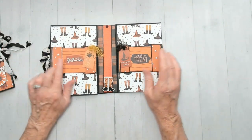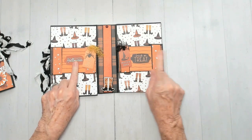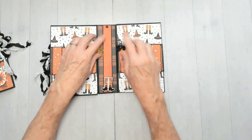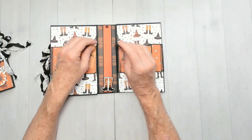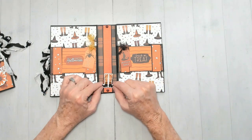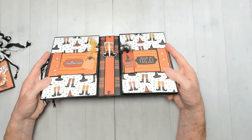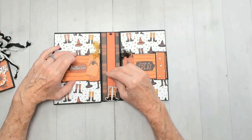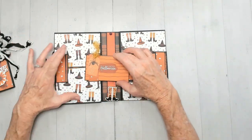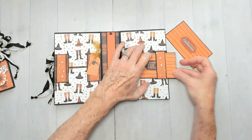So for this one, I decorated with just some of the ephemera, Happy Halloween, Trick or Treat, and then I used some little tags with some eyelash twine or yarn, and this one has the witch's legs as the pop-up for it. Lots of fun on that one. Same concept, the card slides out, but as you can see, it stands up a little better and operates a little easier